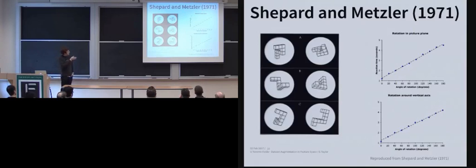And what Roger Shepard and Jacqueline Metzler found is that the time it took for people to make a response was linearly related to the amount of rotation between the actual objects. Again, the fit was quite good here, and obviously there are multiple explanations for this phenomenon, but the simplest one, and actually one that was offered by the people in this experiment, was that they mentally rotated one object into the other when they were considering whether they were the same object or not. So if we had some sort of rotation invariant representation happening here, we shouldn't see such a clear relationship between the amount of time to make a decision and the angle of rotation.